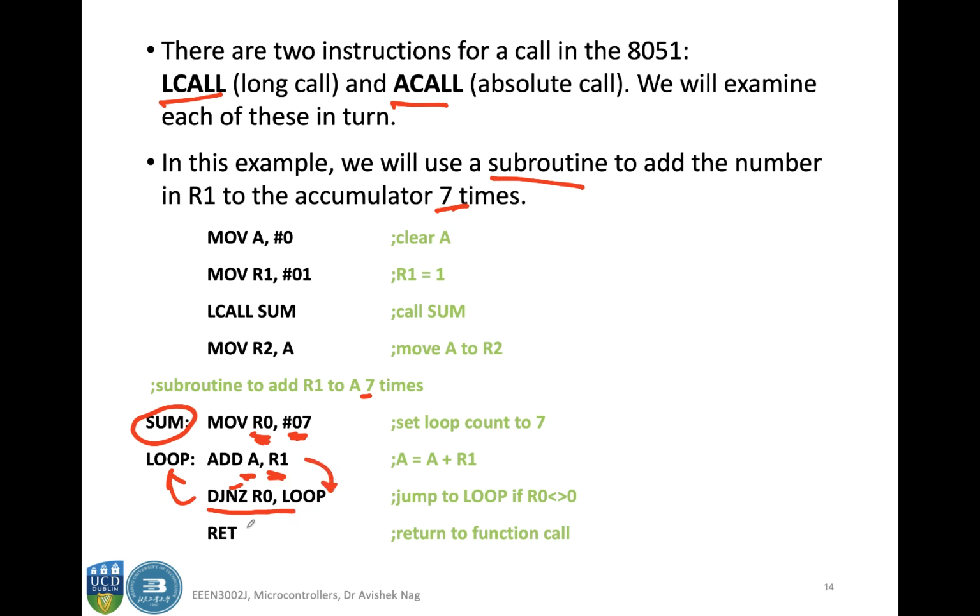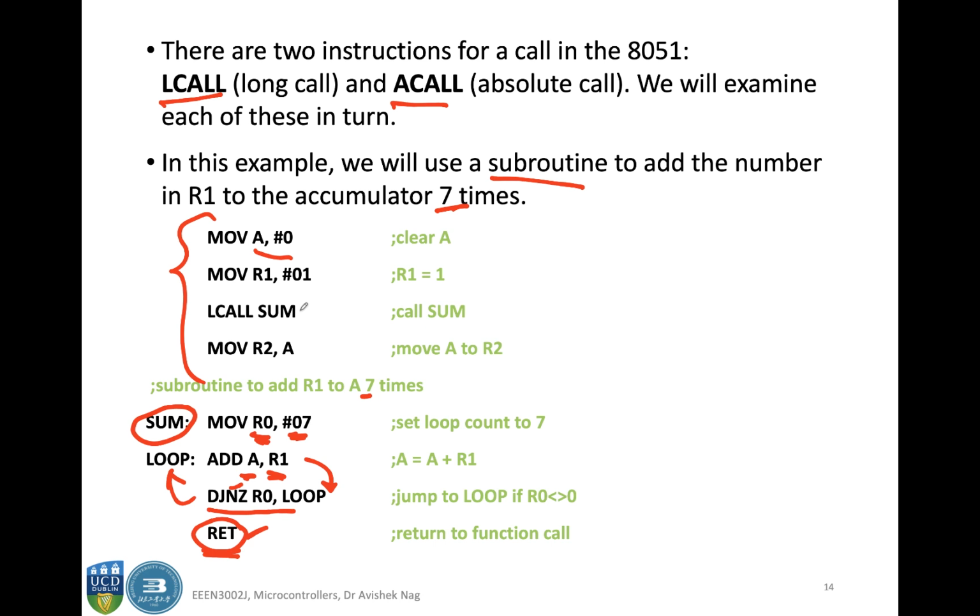so then it returns. So see, in your original example of the C code, you had a return command, or return instruction, that was helpful for the function to return to the main code. Here also we use the return concept by this instruction RET. So this will return to the main code, and in the main code we are doing nothing but clearing the accumulator